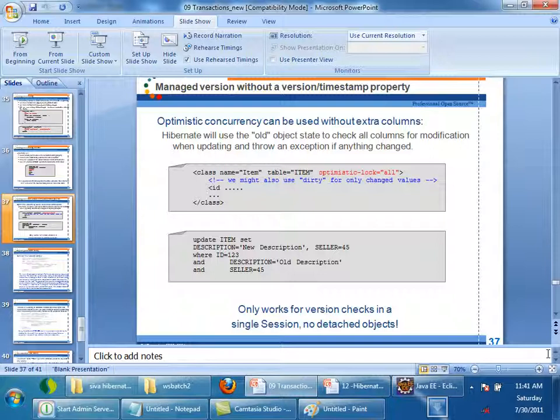But this is costly because it has to compare all the properties. If your database table is having 100 columns, the update statement will contain 100 columns in the where clause, which is not good. And if you are having a small number of rows, you can avoid the extra column called version or timestamp. You can use this option, optimistic lock is equals to false.